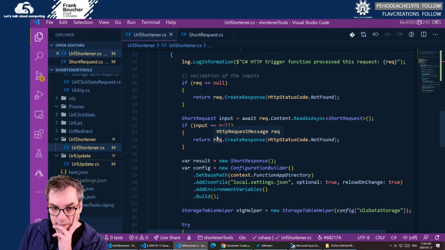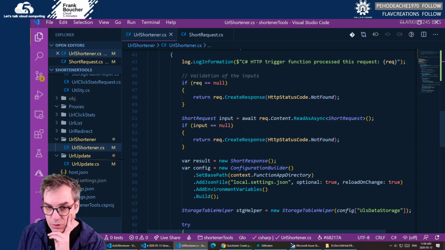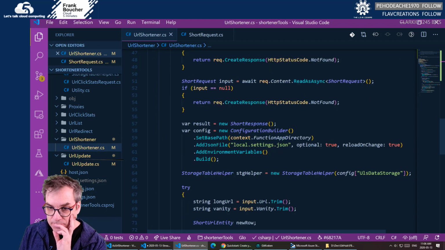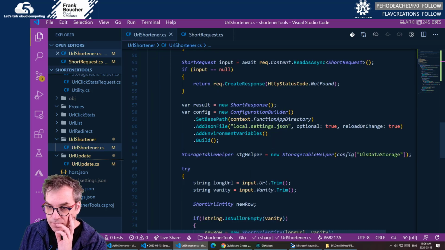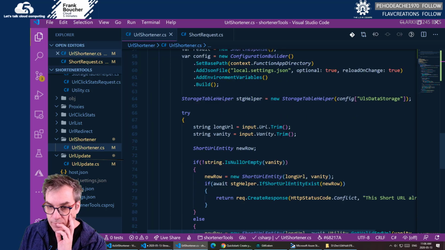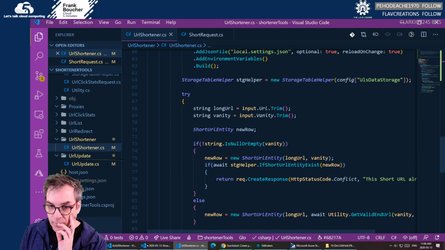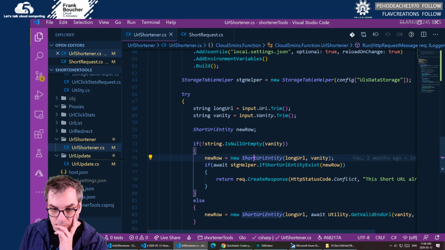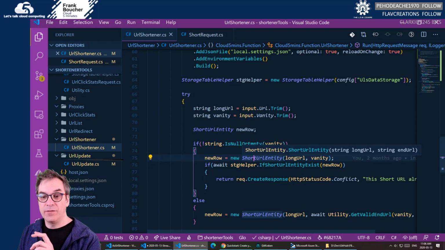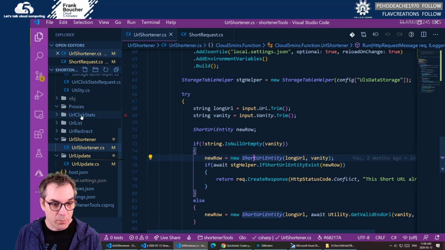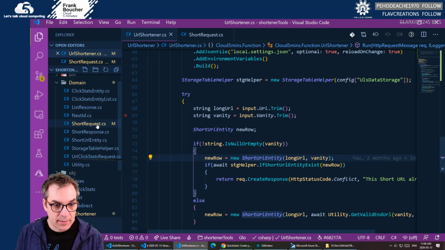So when we create our stuff, here I'm creating a short entity, so I'll definitely need to add that in my short entity. So short URL entity.